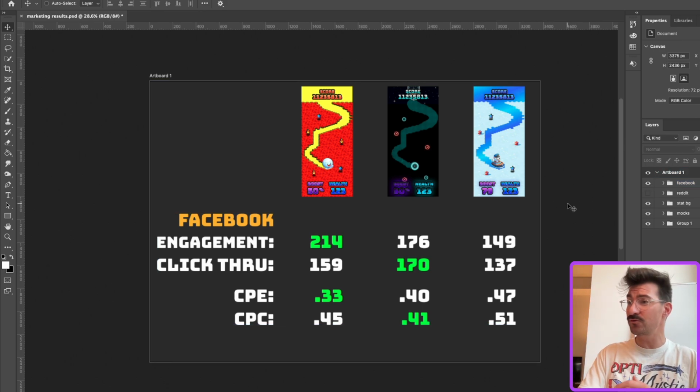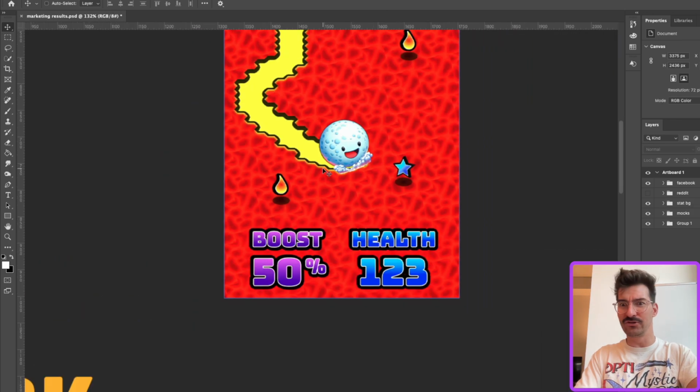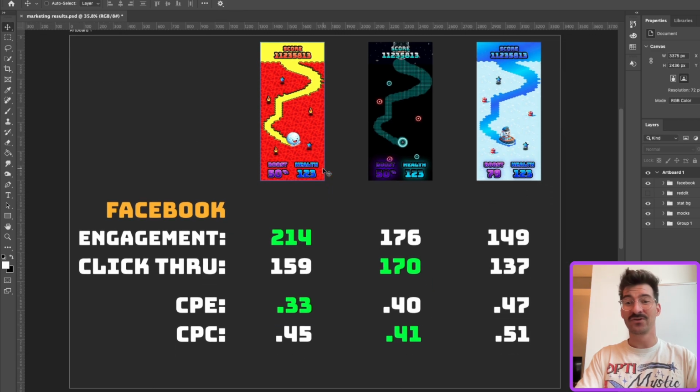And here we saw a huge shift in the total numbers. Meltdown coming in first with 214 engagements. And engagement is a like, a comment, a share, a click through, any kind of interaction with that ad. So yeah, Meltdown coming in first, and we can see with that 159 on the click through. So a lot of people looking at this and saying, what is that? You know, it's bright, it pops, it's got this weird little dude, and people are clicking it and thinking, what is going on? So that's great to know.